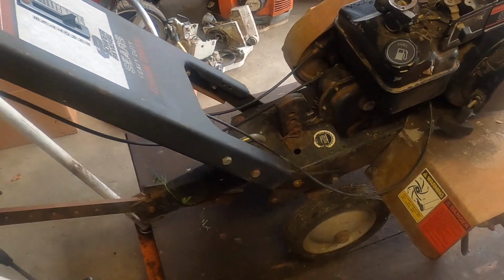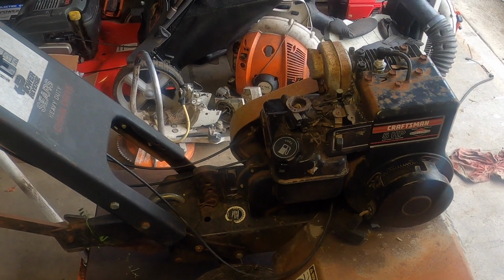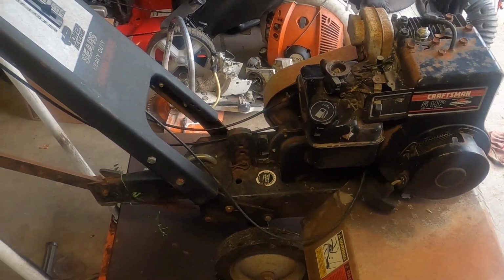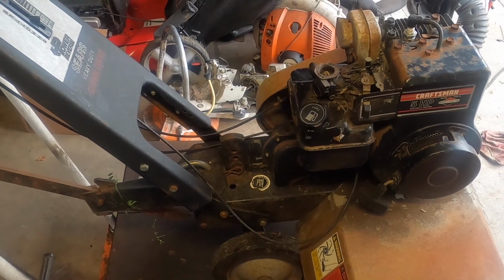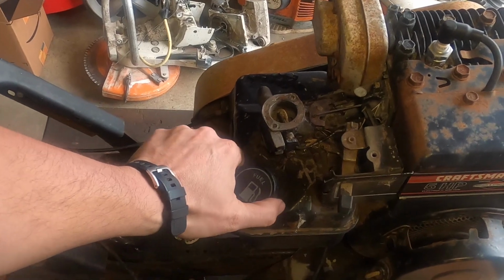Anyway, I got it exactly how you're seeing it, except there was a towel covering the intake, and that's it. What you're seeing is how I got it. So it needs a couple things: a bath, and we need to figure out what's wrong. The only thing I looked at was the oil,